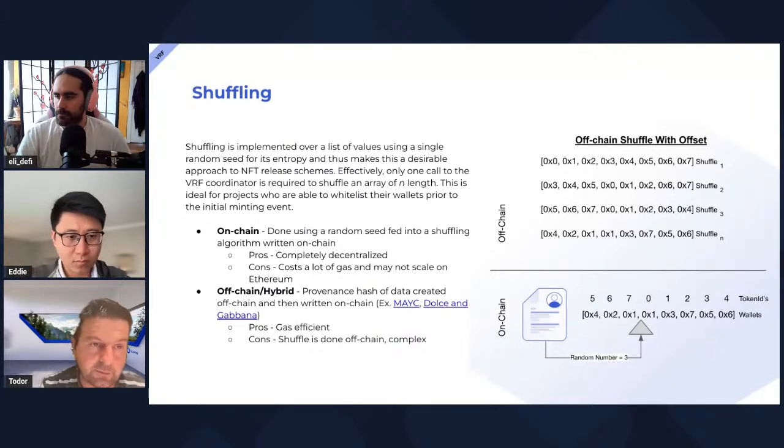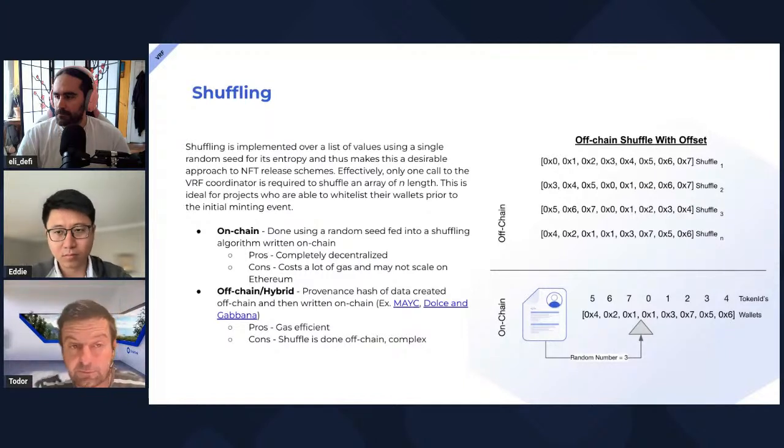That algorithm could be quite simple. For example, you could use modulo to select a number in a range, or you could run some sort of shuffling algorithm. Usually, what works best on EVM is